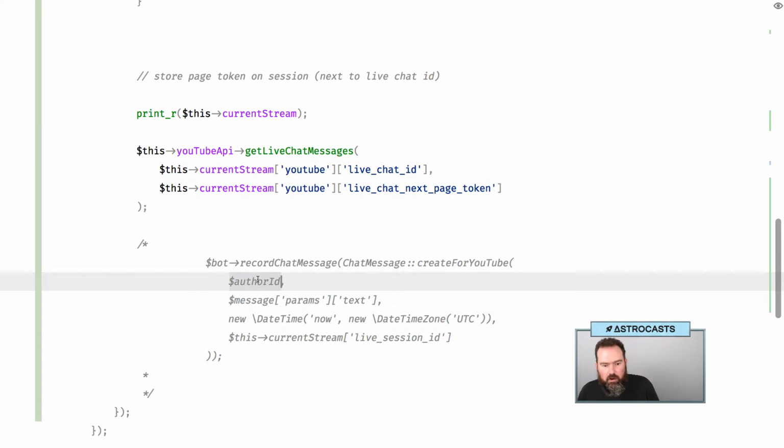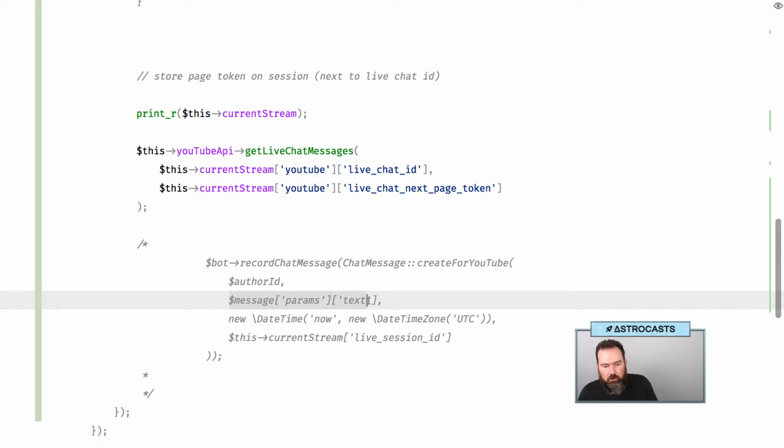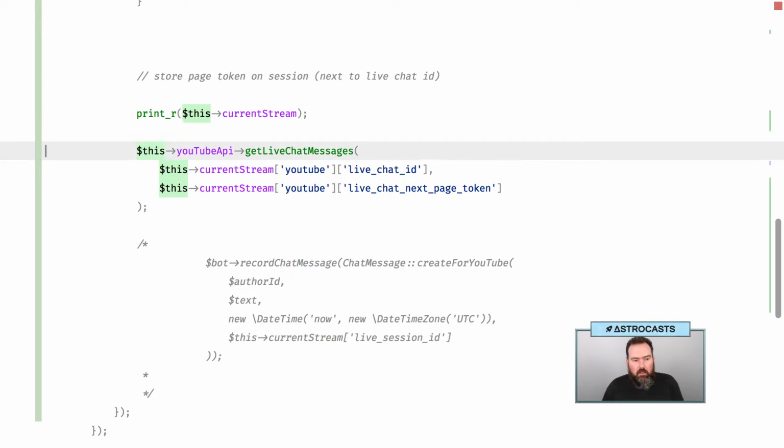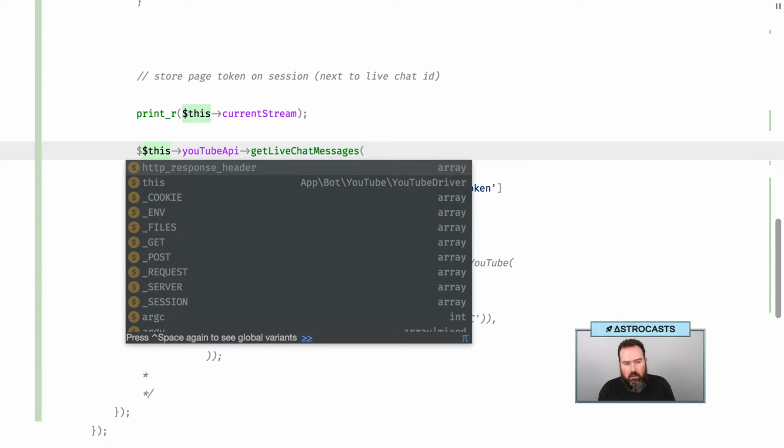So we're going to need author ID, we're going to need message params, so we're going to need the message text, and probably can keep this like that, and then the current live session ID. So what we really need to get back from this value is enough information to record this information. So we're going to say